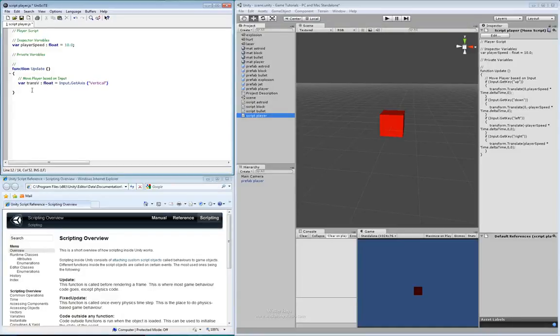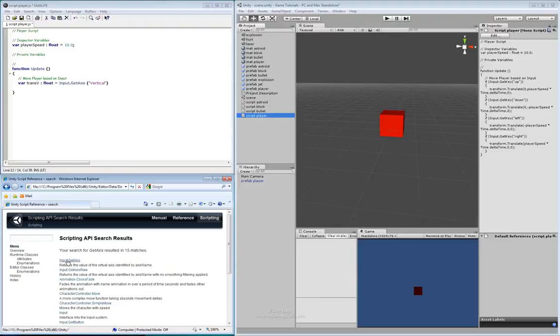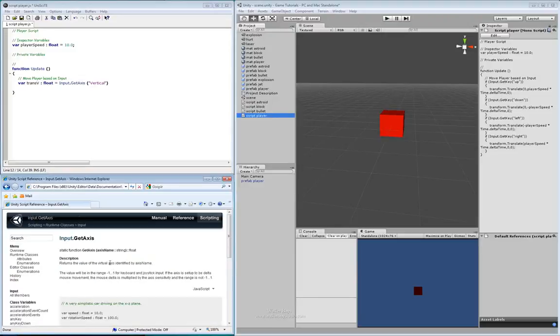And if you're unfamiliar with how to set up the GetAxis, then make sure that you take a peek at it inside of your scripting API, and we can see that it's a static function, GetAxis, and it's looking for a string name. It's going to give us back a float variable, and that float is what we're storing in our trans V right here. So we've got our Vertical inside of quotations for the string,